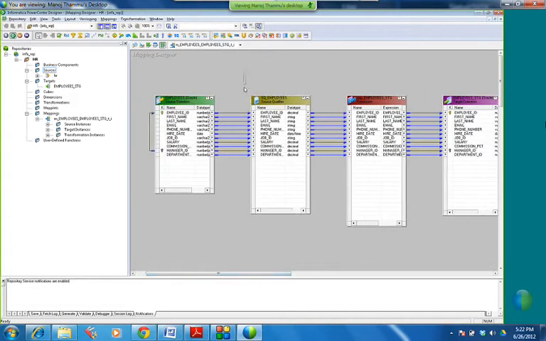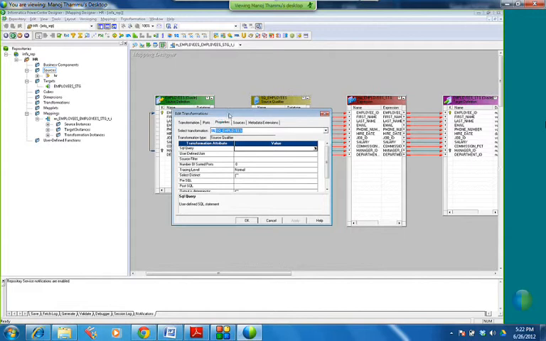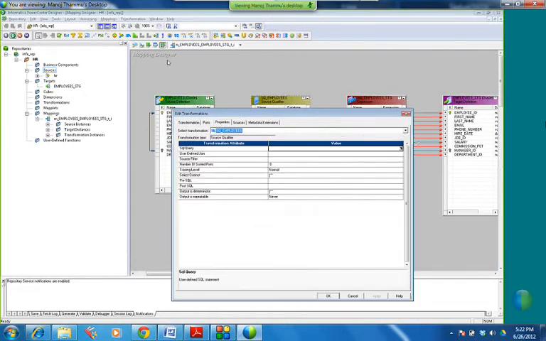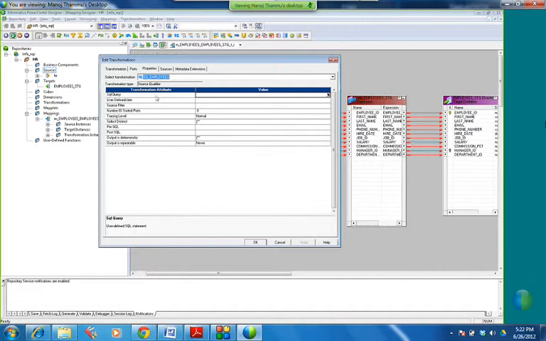Coming back to the session, the first transformation we are going to learn is the source qualifier transformation. Today we will concentrate for the next 30 or 40 minutes on the source qualifier, and the expression if we have some time. If you are able to understand the source qualifier pretty quickly, then we will go to the expression. We will not discuss all the properties of the transformations at any point of time. We will discuss only a couple of properties, because I will tell you what we need very frequently.